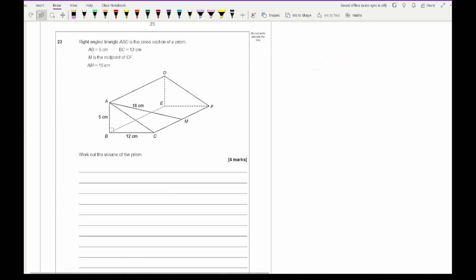Then looking at question 23, it says right angle triangle ABC is the cross section of a prism, and we've got AB equals 5, BC equals 12, M is the midpoint of CF, and AM equals 16 centimeters. And what the question is asking us is to work out the volume of the prism. Now for this, what we need to do is work out what C to F is. So to find the volume,